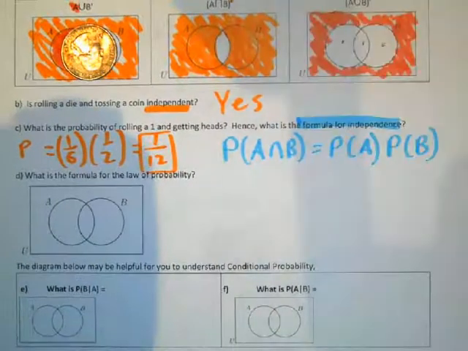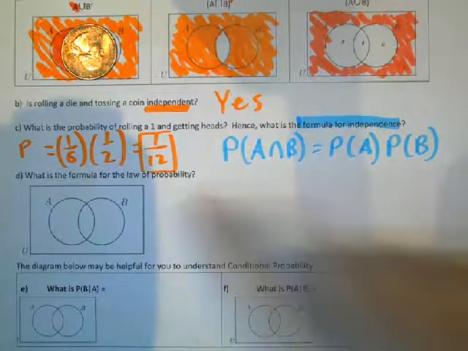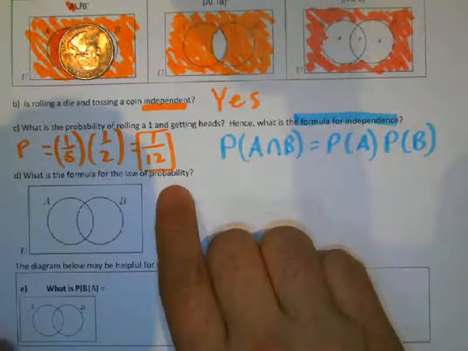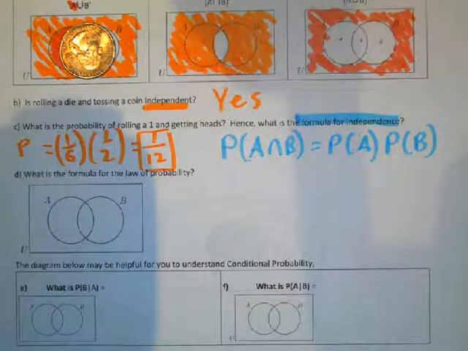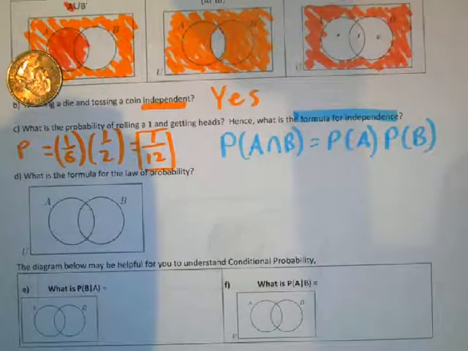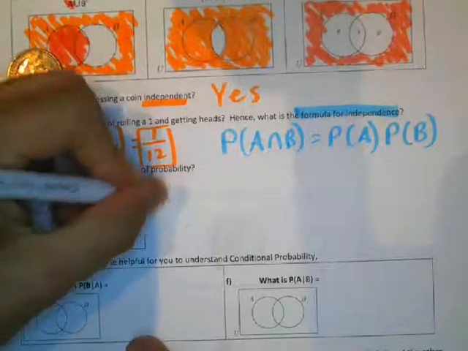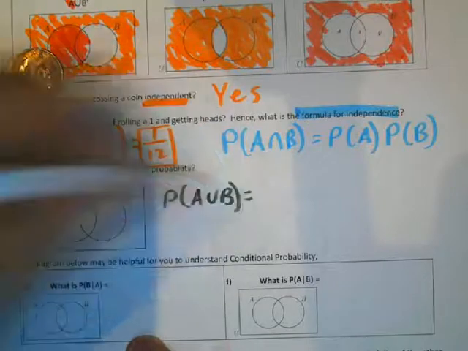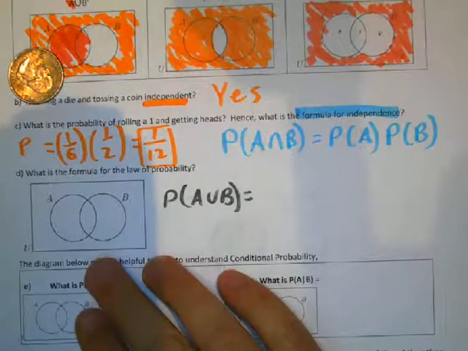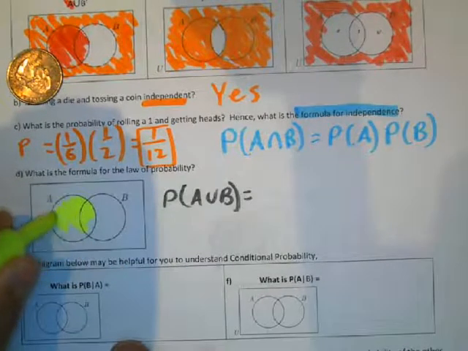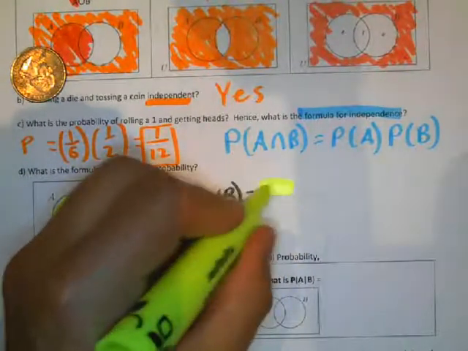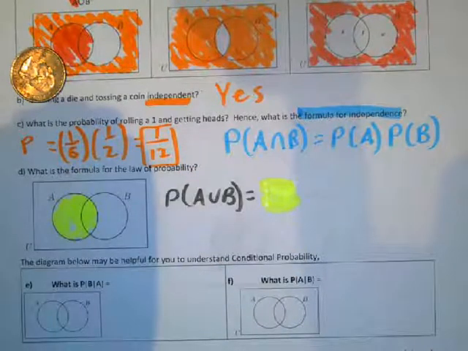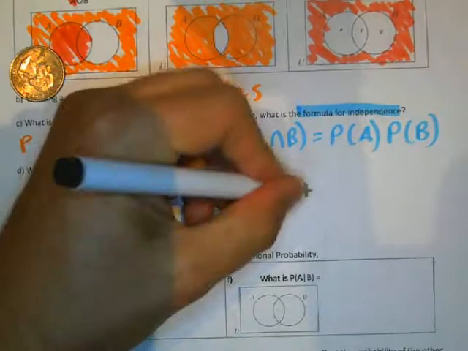So what is the formula for the law of probability? So you can get it off of your formula packet, but what we have learned is that the union, so the probability of A union B is equal to the probability of A plus the probability of B